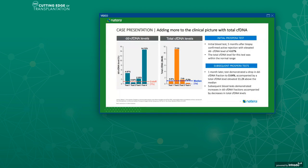And when you are getting the plasmapheresis done, it is going to remove a lot of the cell-free DNA as well. And you have to know these things, and what else is being done, so that when you look at the results, significantly changing results, that means like here, where it's 4.6%, and then it's gone to 0.64%, it's gone to 2.25%. So you have to look at these things and take them into context and ask your MSL and